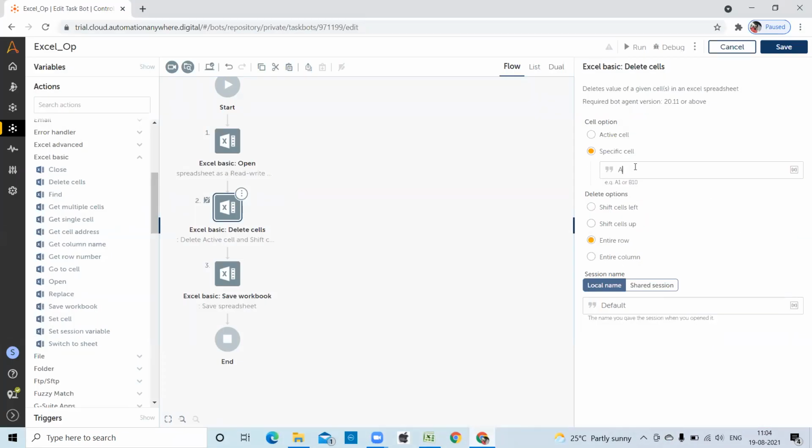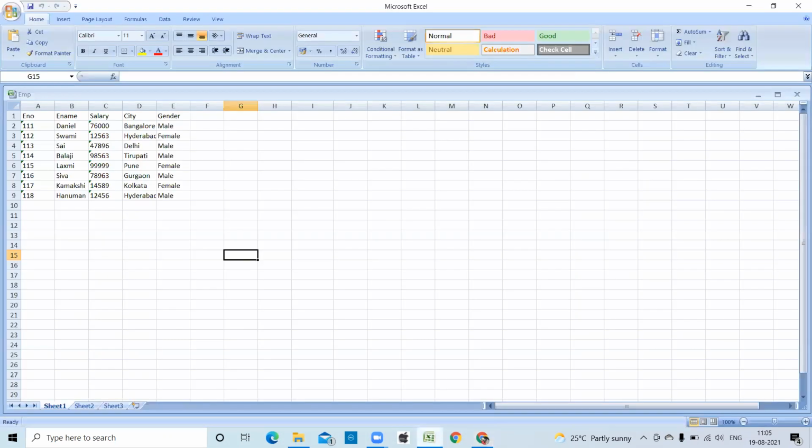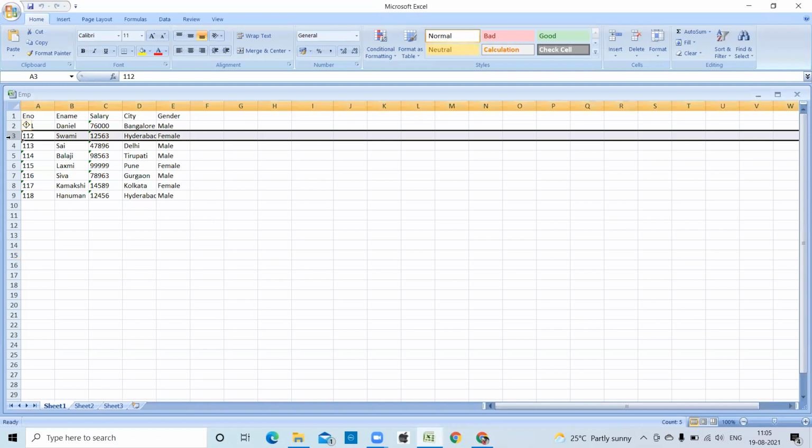I'm giving shift cells up and entire row. We have to select only one option here, so that's why I'm deleting the entire row. So automatically it will come. Save. I'm just closing. Swami record we are deleting.